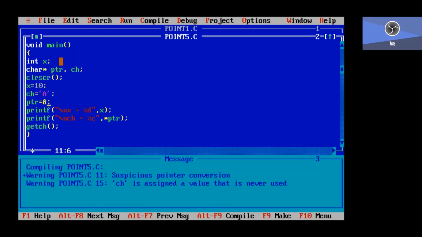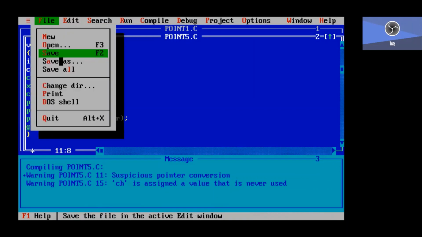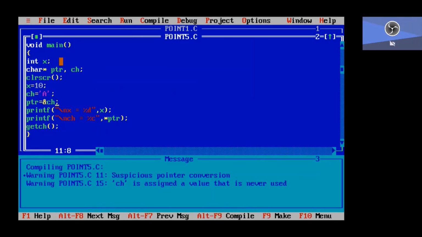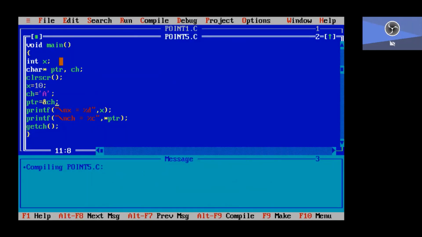So I change the variable to ch. Now without any error message, our program is executed.